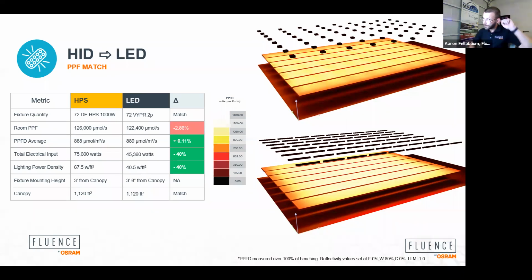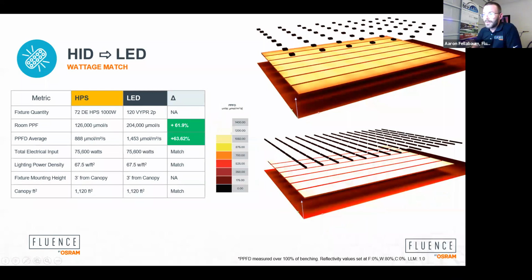We can go to the next slide. And I'll be quick. In this sense, we've taken a watt-to-watt match. What that means is for every watt I would be using in an HID space, I'm now able to drive more light intensity and therefore photosynthesis within that room. Right here, we're seeing 888 micromoles per meter squared per second go to 1453 micromoles per meter squared per second average. It's a huge change in the amount of photosynthesis that could occur in that room